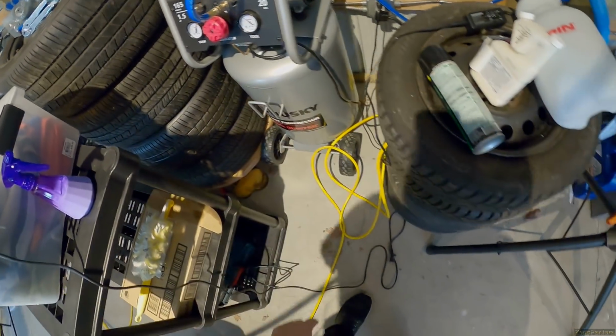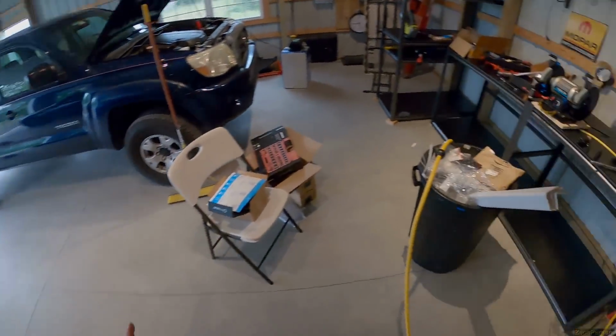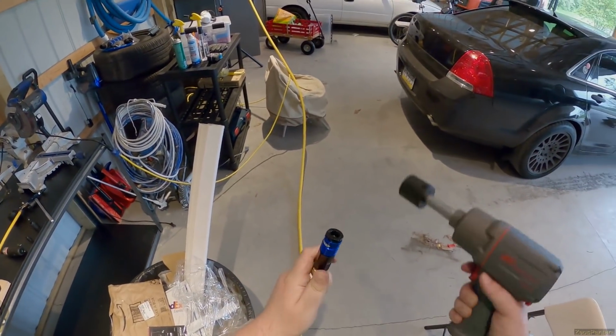That just allows different levels of air through the thing. The tank is fuller than that. I only had it up all the way because I was filling the bike tires, and those need like 75 PSI. So this should...